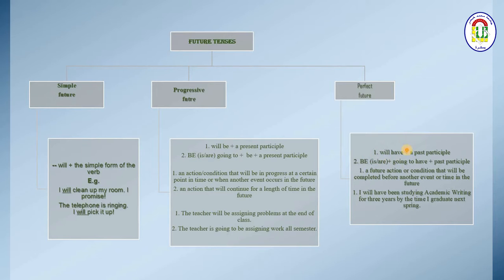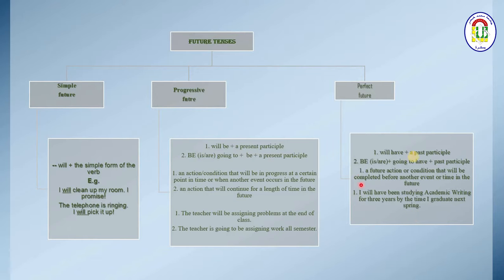Perfect future: it is will have plus past participle, or is or are plus going to have plus past participle. It is used for a future action or condition that will be completed before another event or time in the future. Example: I will have been studying academic writing for 3 years by the time I graduate next spring. We need a time expression of the future in order to normally use this